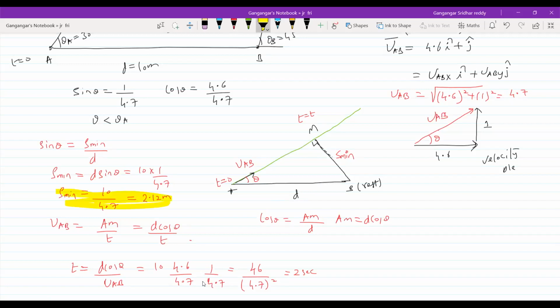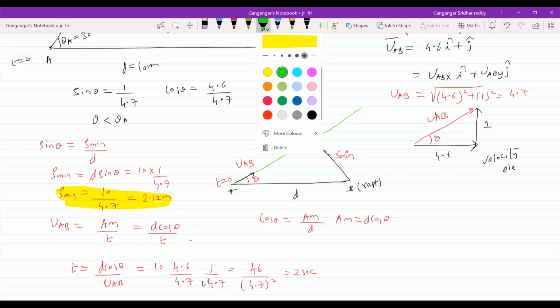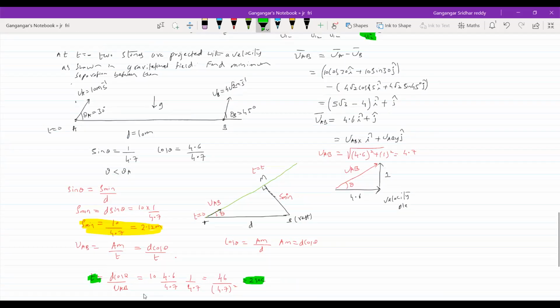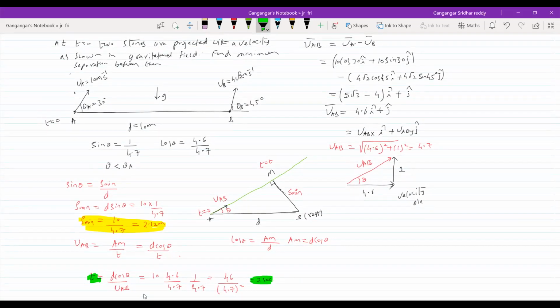What actually happens? The problem is not over. You should not feel happy that, okay, sir, we got the answer. Let's come to this: we'll find the time of flight of A and the time of flight of B. Then we'll come to know how the trajectory occurs and where the minimum occurs. I'll show a glance at what we discussed. We'll calculate the time of flight here separately. Everything is visible for you.